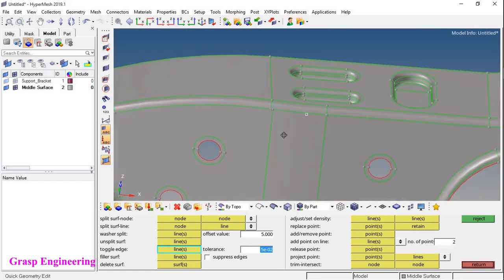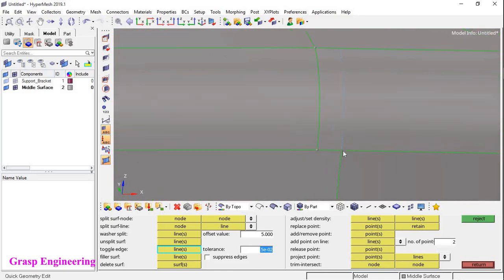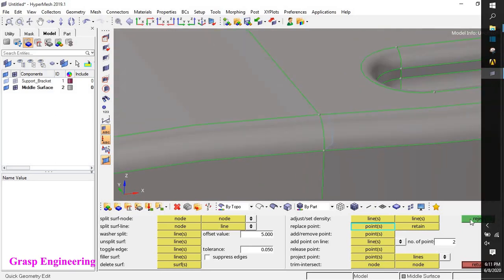Okay, that was the first one. And the next one, here you will find two more points. In order to move these points, you will find another option, that is point retain. If you click on this point and click on retain, you will find that the point is shifted over here, but at the same time you will find some difference in the geometry.